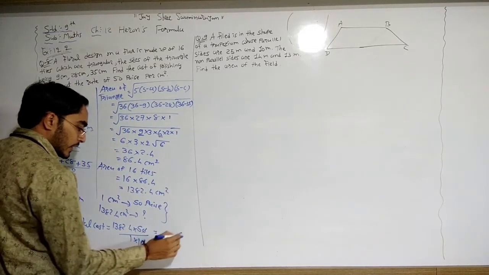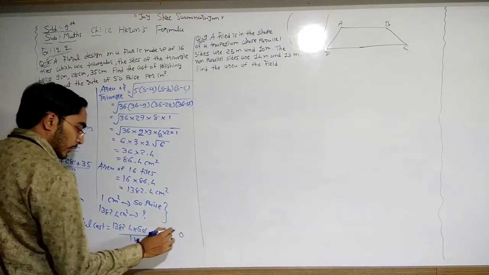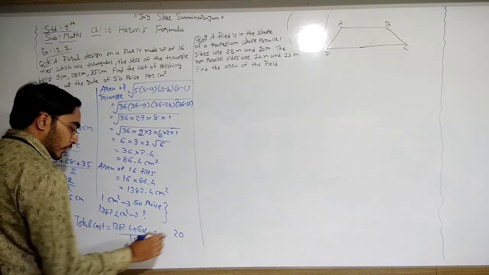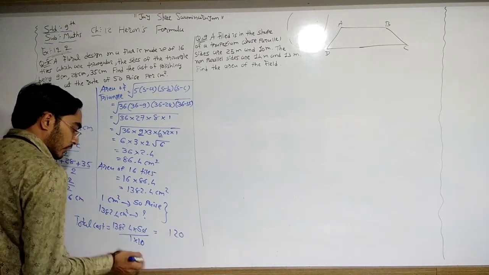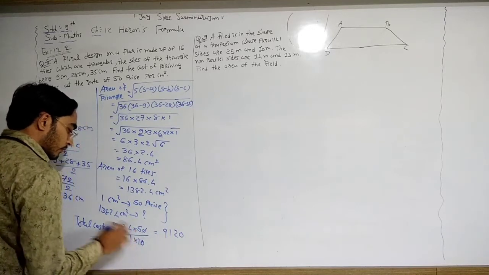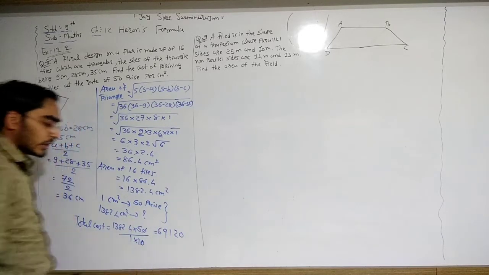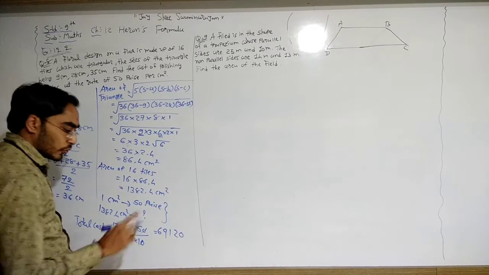5 4s are 20. 5 2s are 10 plus 2, 12. 8 5s are 40 plus 1, 41. 5 3s are 15 plus 4, 19. 5 1s are 5 plus 1, 6. So 69120